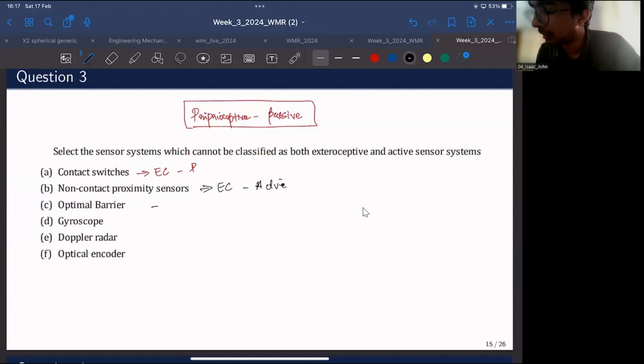And what about optical? This is not optical, these are optical barriers. So optical barriers are also exteroceptive. It's also some sort of a proximity sensor or a position sensor, and it is basically a passive sensor. And there could also be variants that are active. We can consult